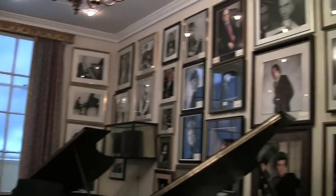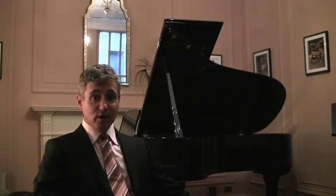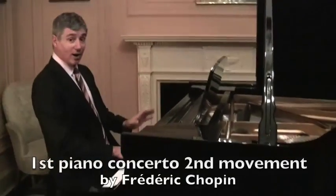We haven't really changed the building all that much. The wainscoting that you see, the lighting that you see, the draperies and things are all original or replaced as original. What we like to do with this room is when the artists come in for their various performances, we actually allow them to rehearse or to warm up here. Many of them prefer warming up here rather than at Carnegie Hall, which is just across the street from us. I don't play too often anymore, but...